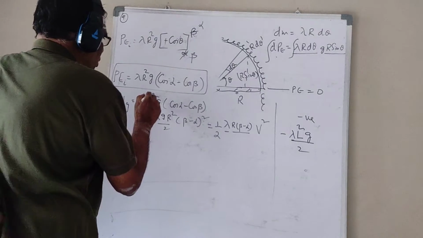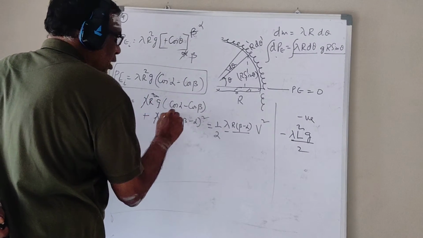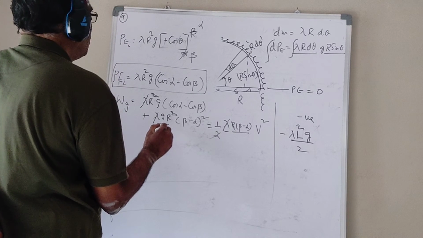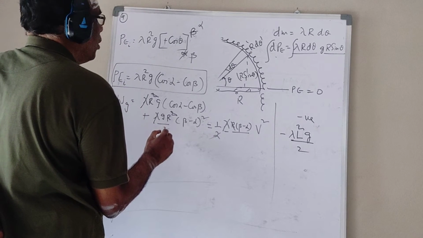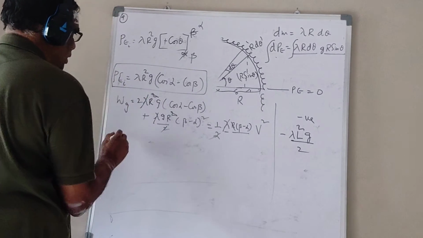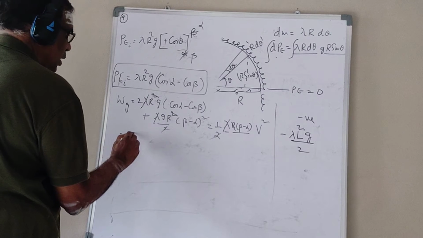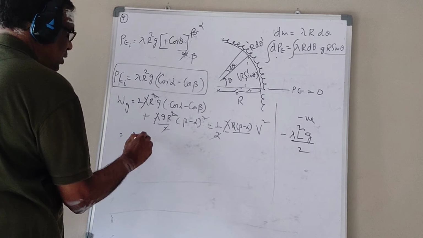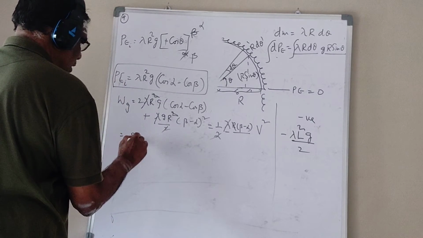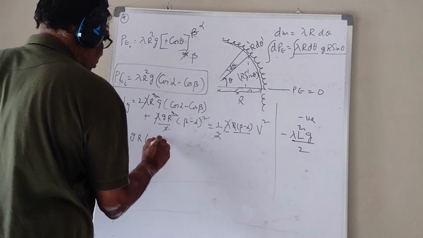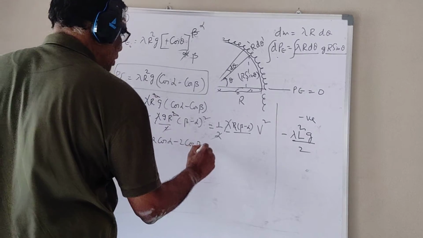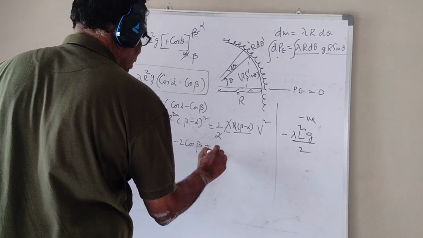So as before, lambda r by 2, and I'm taking 2gr, or rather gr into 2 cos alpha minus 2 cos beta dr plus